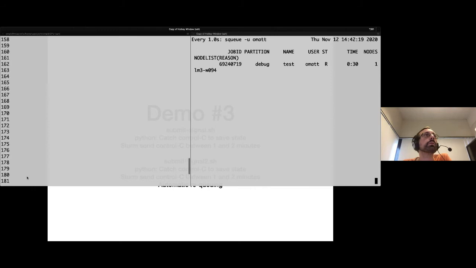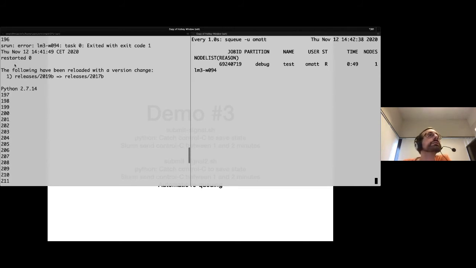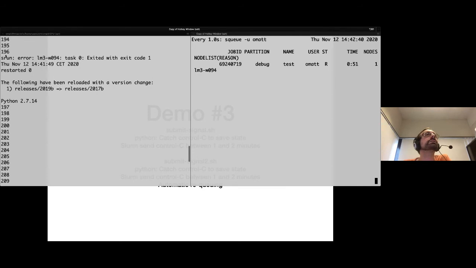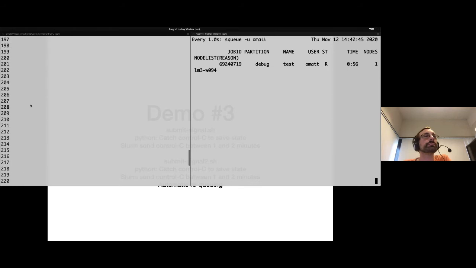The way I kill it, I'm probably going to restart from 105, actually, I guess. Because I didn't kill it with Control-C, I killed it with kill -9. Oh, no, actually, I said something wrong. So it restarted at 197, which is very good. I actually killed it with Control-C. I thought the default scancel was not Control-C, but it looks like it is.